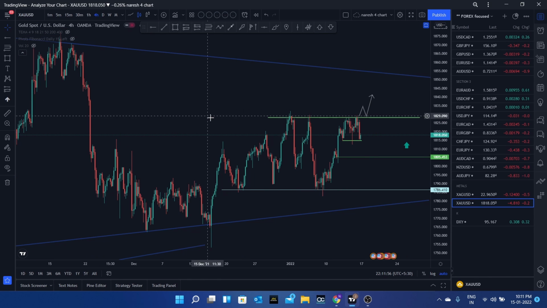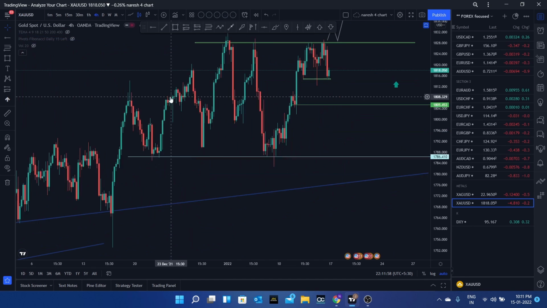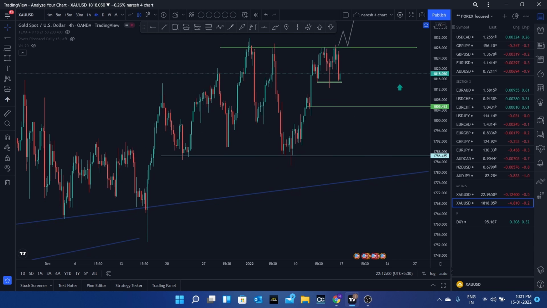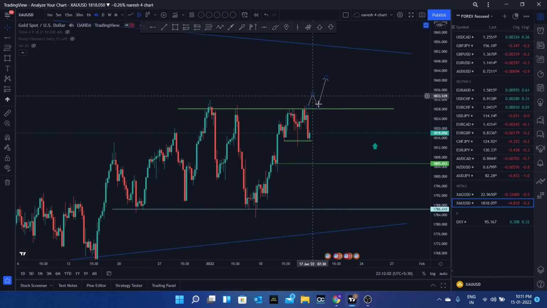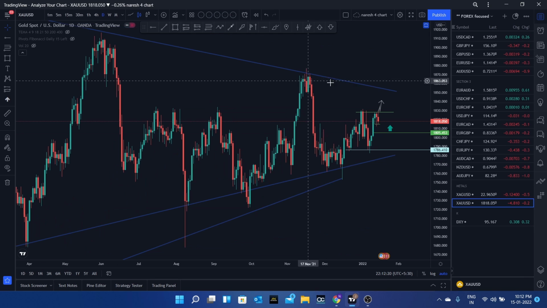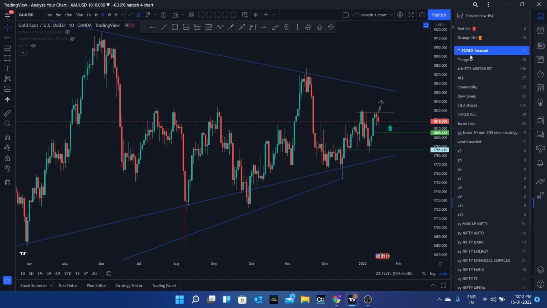So gold is a little bit similar to silver, and here also we are having a very strong resistance area, and it is consolidating. If it is coming to this area again, and if there is some kind of rejection in this area, you can go for a long entry, guys. And if it is breaking this area as well, you can go for a long entry, and take this trend line as your target, guys. Okay, so that would be for forex currency pairs and